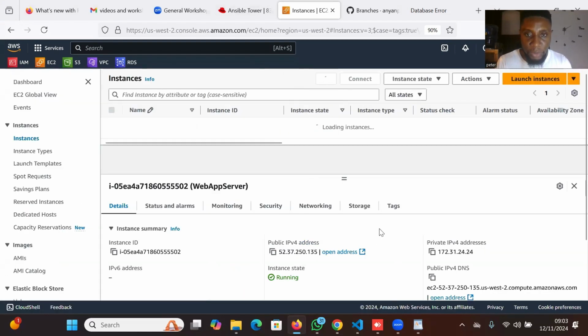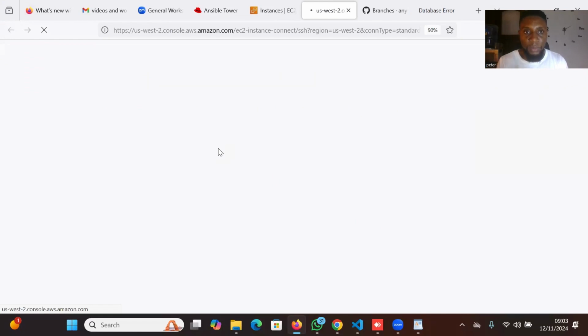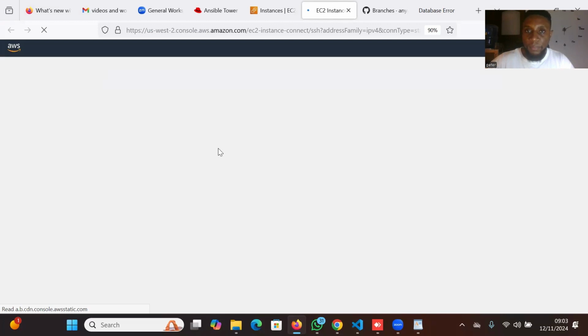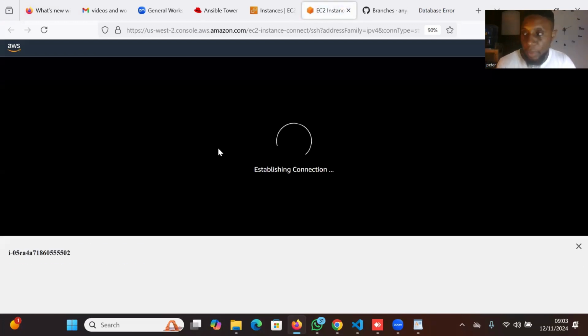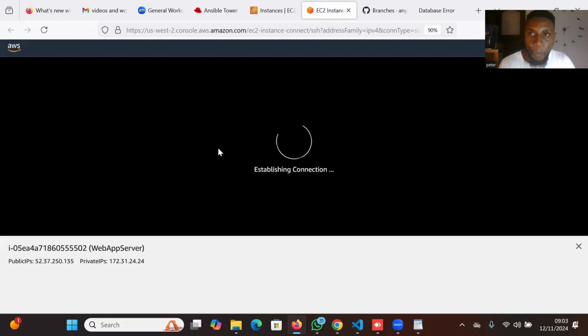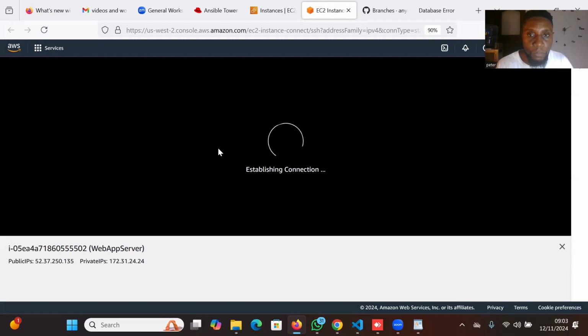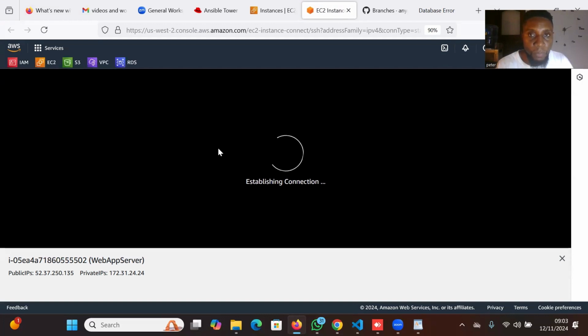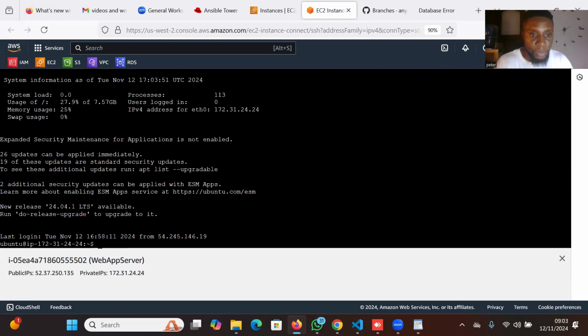You can just connect straight to it, and it's taking a little bit of time. So it is Ubuntu. Let's clear and try to peer into